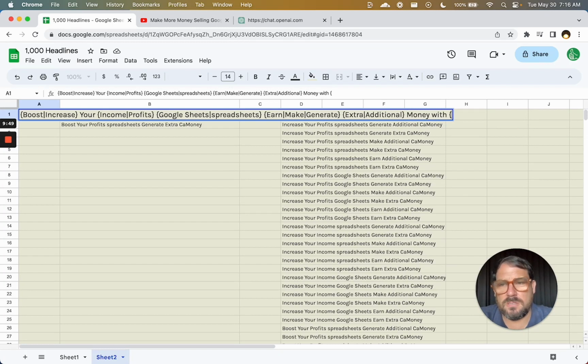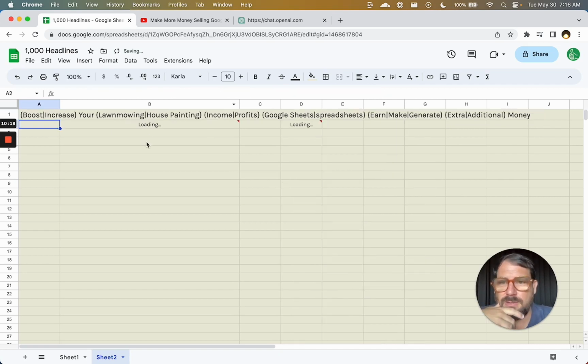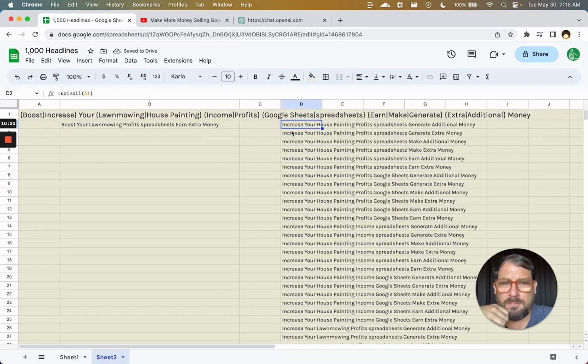If you have some keywords, maybe we want to add here a keyword, your lawn mowing income or profits. We want to say house painting, right? Maybe this is where we add a keyword into these different headlines. Let's see what ends up happening. Increase your house painting profits